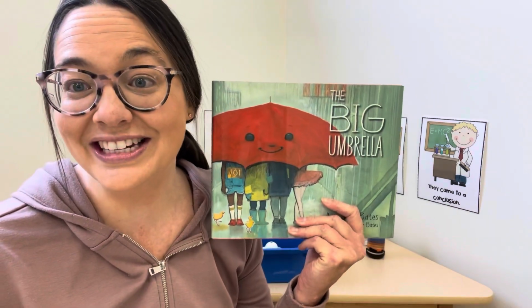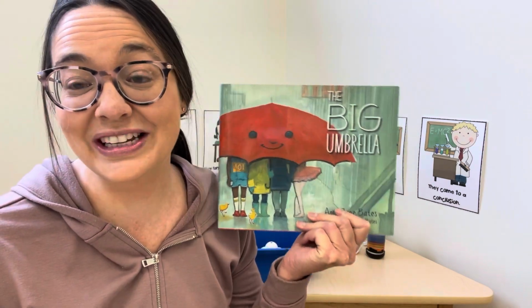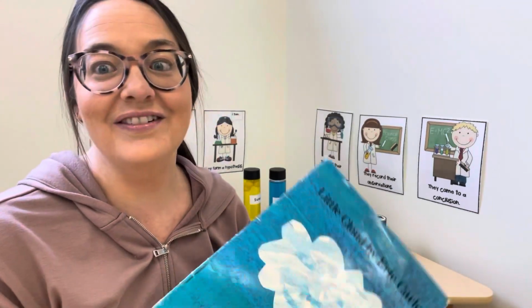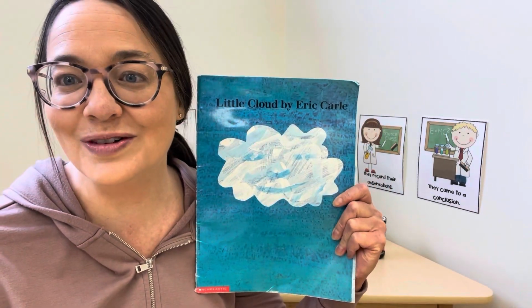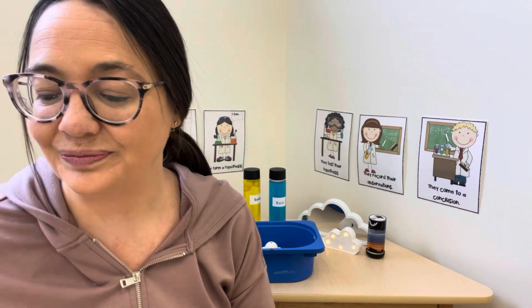Another book I love to take out during our weather unit is The Big Umbrella. This is a really great book about inclusion. And then another one I love is the classic Little Cloud by Eric Carle. And there's some really fun art projects that you can do along with this book, and I just thought I would show you. A really fun, easy project to do with your children after reading Little Cloud by Eric Carle